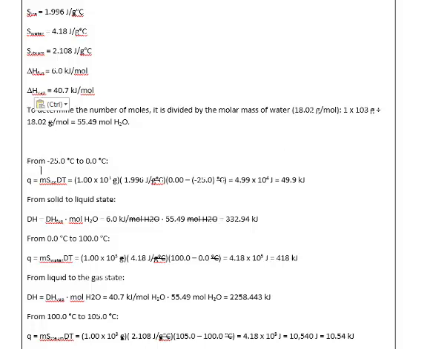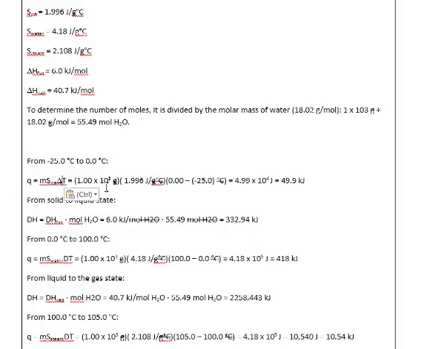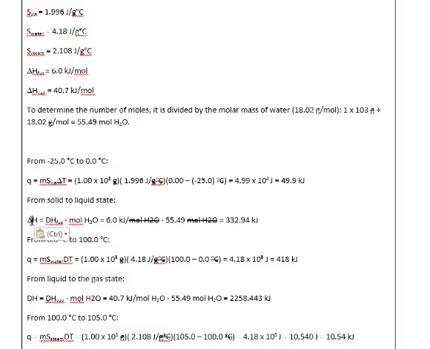Okay, from negative 20 degrees Celsius to 0 degrees Celsius, Q equals M S of ice delta T. So that's 1 times 10 to the third grams times 1.996 joules per gram degree Celsius times 0 minus negative 25 degrees Celsius is 4.99 times 10 to the fourth joules, which is equal to 49.9 kilojoules. From solid to liquid state, delta H equals delta H of fusion times moles of water equals 6.0 kilojoules per mole of water times 55.49 moles of water equals 332.94